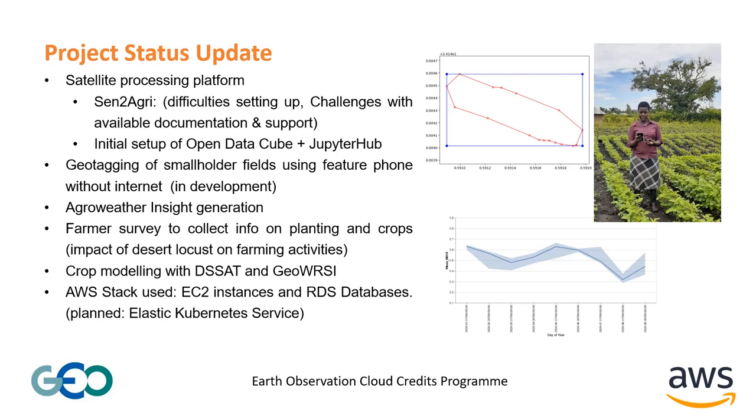To capture data from the ground, we have been doing geotagging activities with smallholder farmers using feature phones, which means we are not relying on internet or on farmers having smartphones. This is because most of the farmers still have feature phones. Some have smartphones, but access to internet is still limited. With this technology, we have a GPS device which has a SIM card inside and a 3-meter accurate sensor. A farmer can send an SMS to a designated number, and we are able to ping that GPS device and retrieve the position of the farmer and the field.